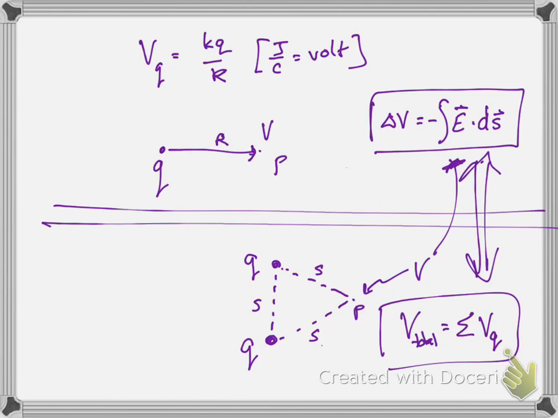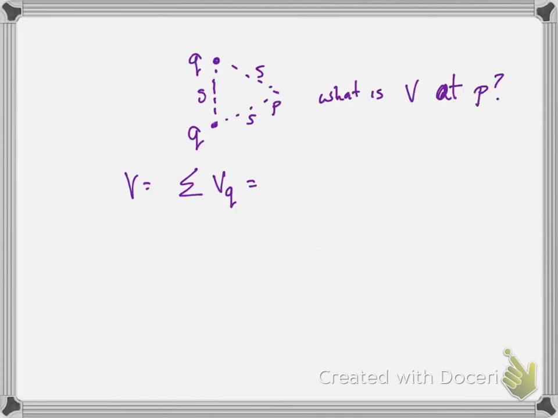And V total, by the way, that's just delta V, a potential difference between two points, and V is the potential at a point. If we define V equals 0 at some point, then V total is actually the same as delta V. Okay, so let's just look at this from a point charge point of view. So the potential at P is the sum of the potentials due to the point charges. So it's the potential of the top point charge, which is KQ over S, plus the potential of the bottom point charge, which is